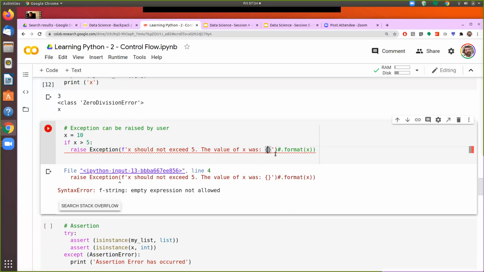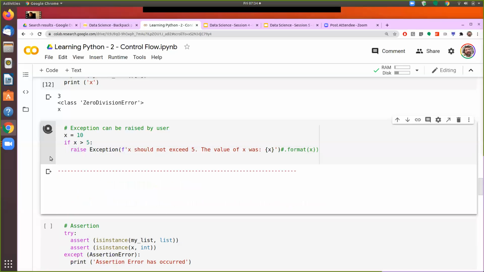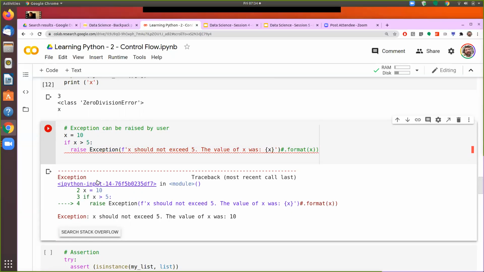Okay, so here, since it is inside the f string, I need to give the value here. So at this point of time, the system breaks, but it shows that exception x should not exceed 5. The value of x was 10. So this is the way, in certain cases, if we want to raise an exception, this is what we would use.